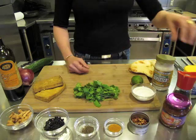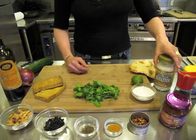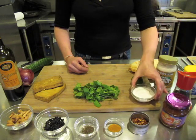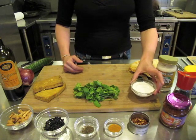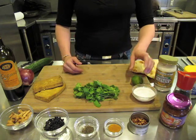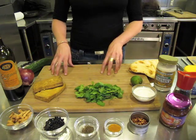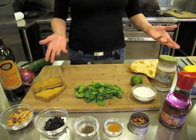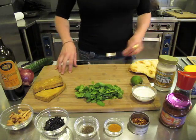Mango chutney, black pepper and salt, vegetarian mayonnaise. I'm using Vegenaise, some yogurt. This happens to be a soy yogurt, so if you are lacto-vegetarian, you could use a dairy yogurt. Lime and some fresh cilantro, and then of course whatever type of bread and vegetables you want on your sandwich. So let's get started. First thing